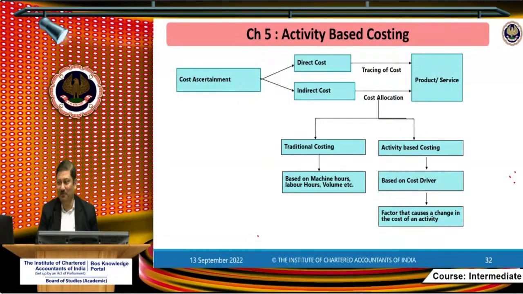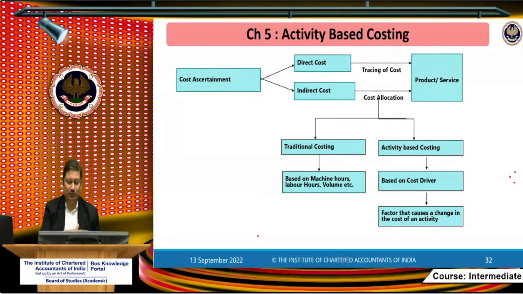Not top language, but you need to understand the language in a better way. Until you go through the question again and again, you may not be able to understand the meaning of it. As a chartered accountant, we also need to understand the problem. It is not that somebody will come and tell us what the problem is and we will only give the solution. You need to understand the problem and then give the solution. Got my point? So the language is very critical.